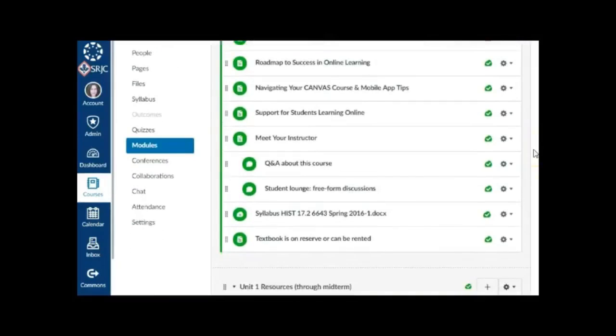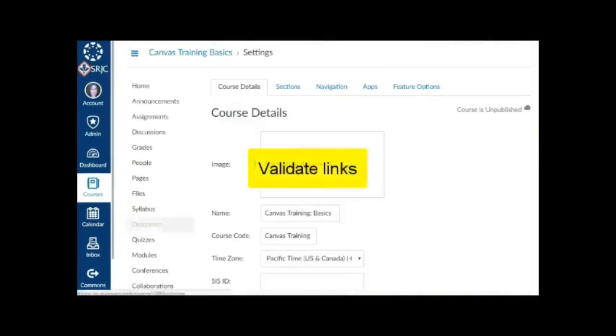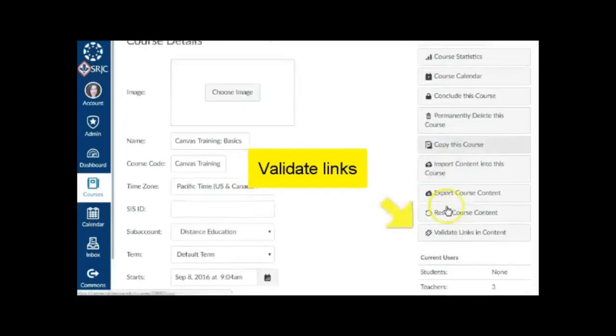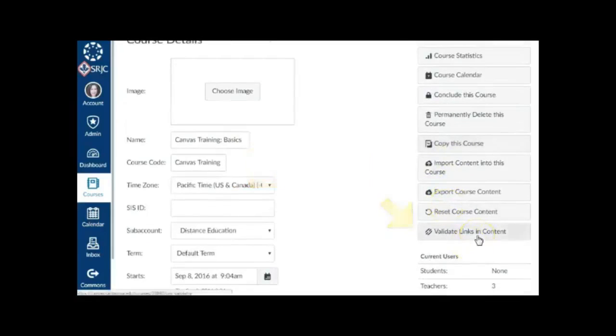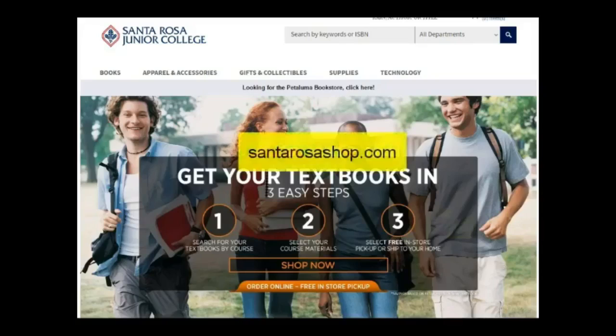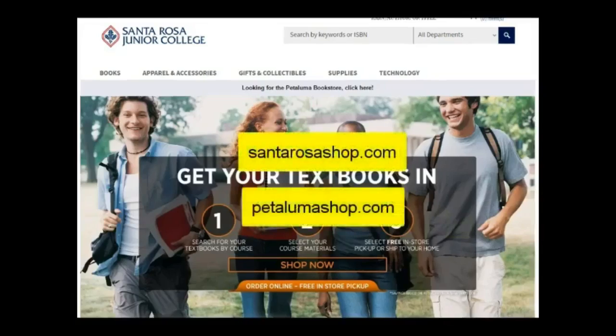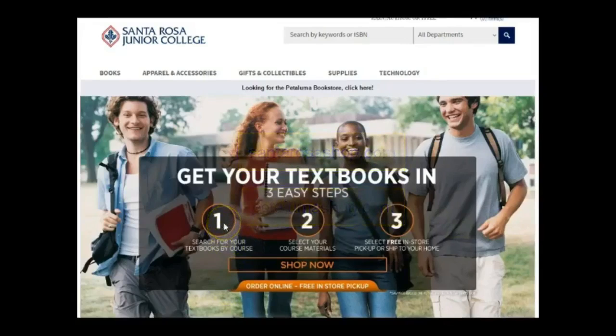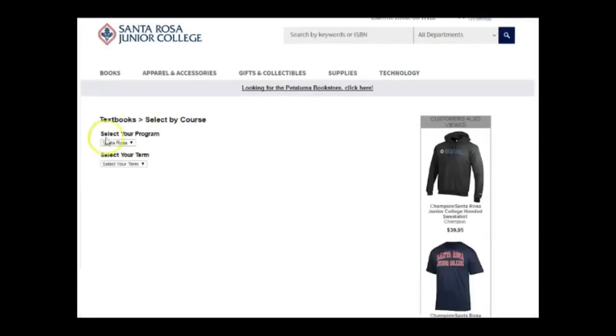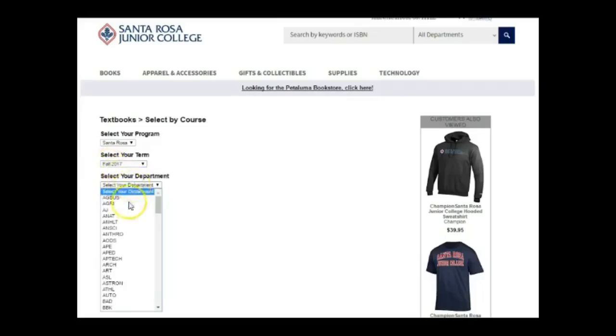You can check that all internal and external links are functioning correctly by using Validate Links in your course settings. Note that the URLs for the SRJC bookstores are now santarosashop.com and petalumashop.com, where students can search for textbooks by course section. If you want to provide a link directly to the textbooks for your section, remember to update that